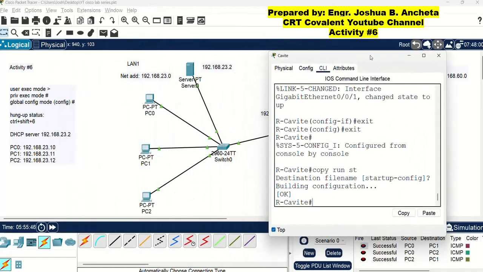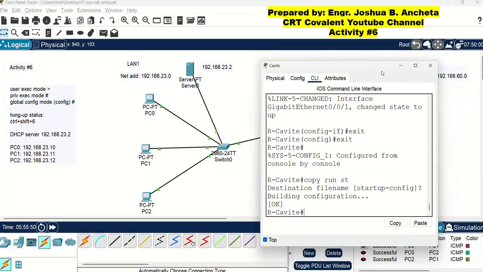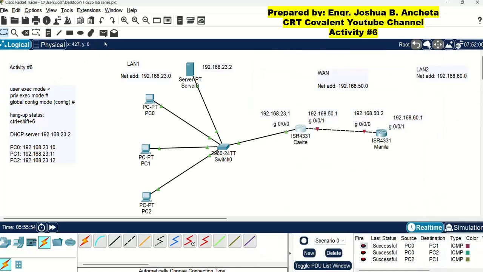Okay, so next, let us check the connectivity. Let us use the simple PDU from PC to router. So the result is successful. Another PC to router, successful.